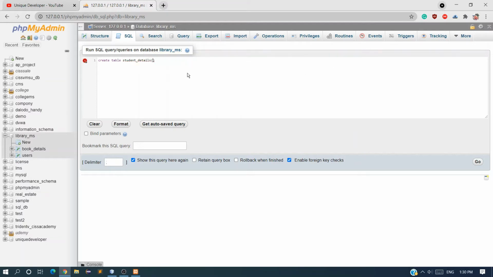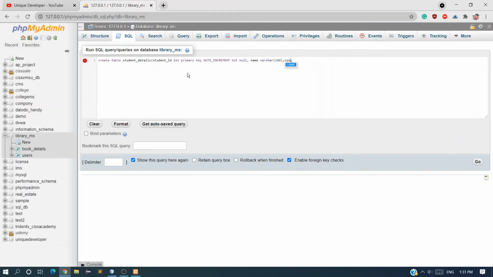and the first one is student id, int, primary key and auto increment and not null, comma. The next one is the name of the student. So name, varchar 100.